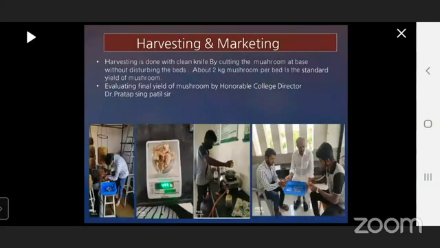Then harvesting of fresh mushroom is most necessary. The yield of mushroom is near about 3 to 4 kg per bed if the bed is successfully cultivated, and the normal average yield is near about 2 to 3 kg. The cost of cultivation per bed is near about 40 rupees, only 40 rupees, and the yield of mushroom will be 2 to 3 kg on average. So it means if the mushroom price is near about 400 per kilogram,